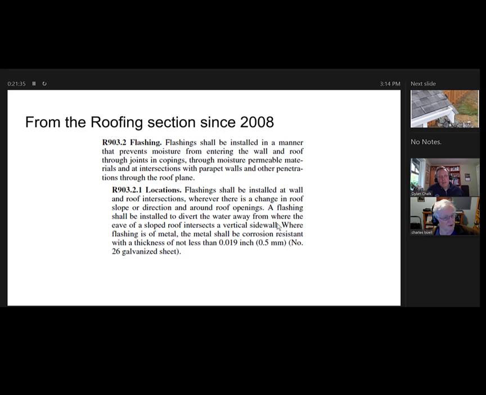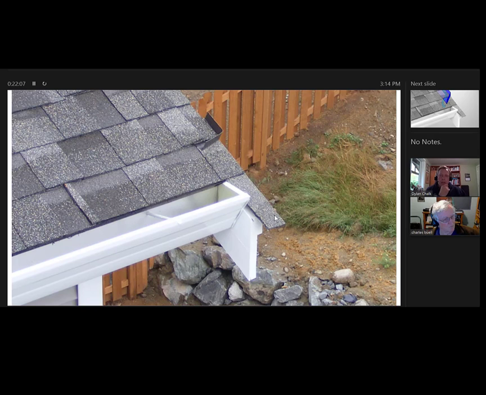Even flashing, we all think flashing, we think metal, but there's lots of other kinds of flashing materials, plastics, and so they don't want to pin you down or pin themselves down. And when they pin themselves down, they usually get in trouble. They'd end up with amendments. Interesting. That's kind of a neat walk through 15 or 20 years of code cycles and how we're getting more specific. But the bottom line, if you're a home inspector, these barge rafters should have flashings protecting them